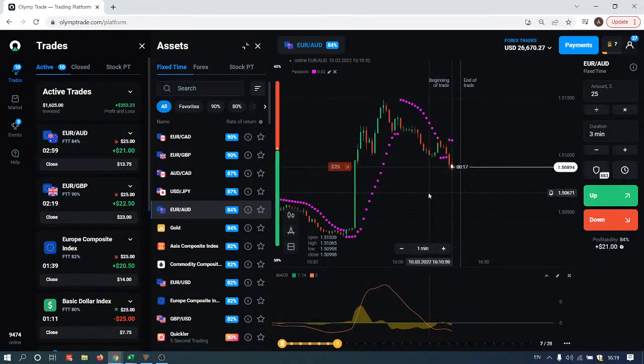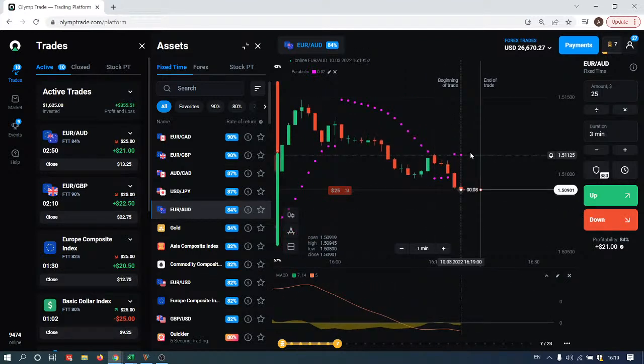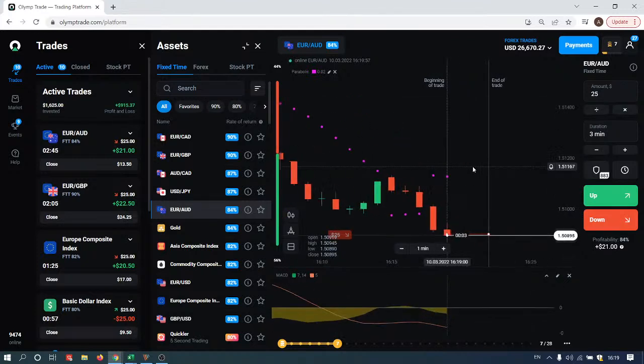Okay, so the euro against the Australian dollar. Let's go down. What is the signal you're referring to? So, guys, once again, how to read signals, how to get signals from this strategy? So, a signal for a down trade